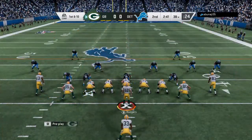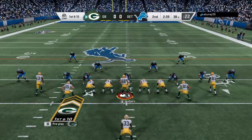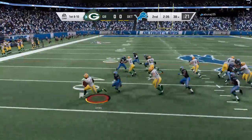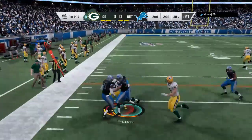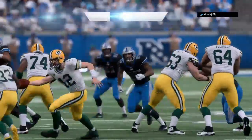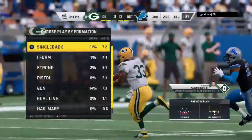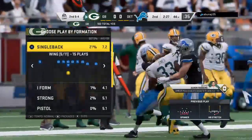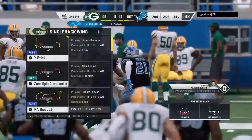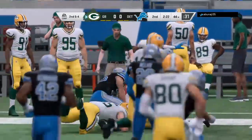This offense finding its legs now. Here's another first and 10. Here's Jones. And that one goes for about 6 as he's taken down just shy of the 45. Despite the blitz, they're still able to pick up a nice solid gain. The disadvantage of blitzing often alters the normal spacing and run fits and leaves creases like they were able to